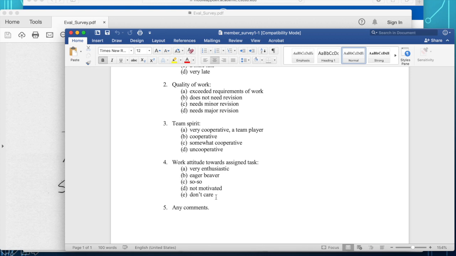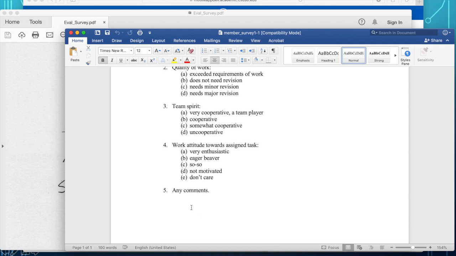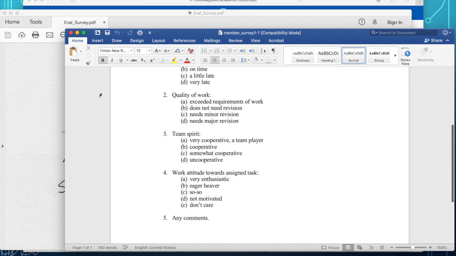And the don't care attitude is very undesirable because if a member is not showing any care at all about the performance of the development of the software project, it could delay the project. And then any comments that you might have with respect to this particular team member. Okay, so that's